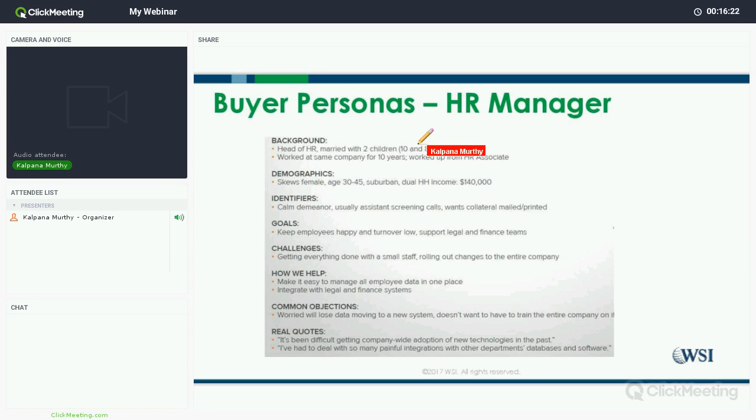So things like this. This persona will help you understand really what the challenges are, and what type of service they're providing inside the company in their position, and how you can help. So this will help you figure out how your products and service can really help them overcome those challenges in their job.